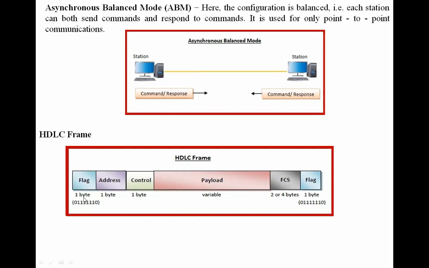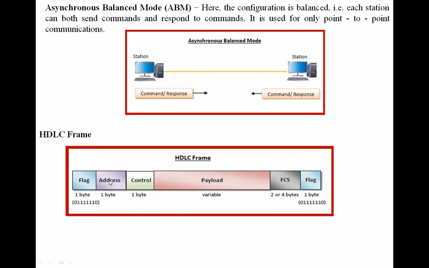So see here, you are seeing the bytes. You are seeing the bits here: 0, 1, 1, 1, 1, 1, 0. At the start of the frame, we are using 0, 1, 1, 1, 1, 1, 0. The same bits are received at the receiver end: 0, 1, 1, 1, 1, 1, 0. To carry the same bits, you have to use a proper channel.